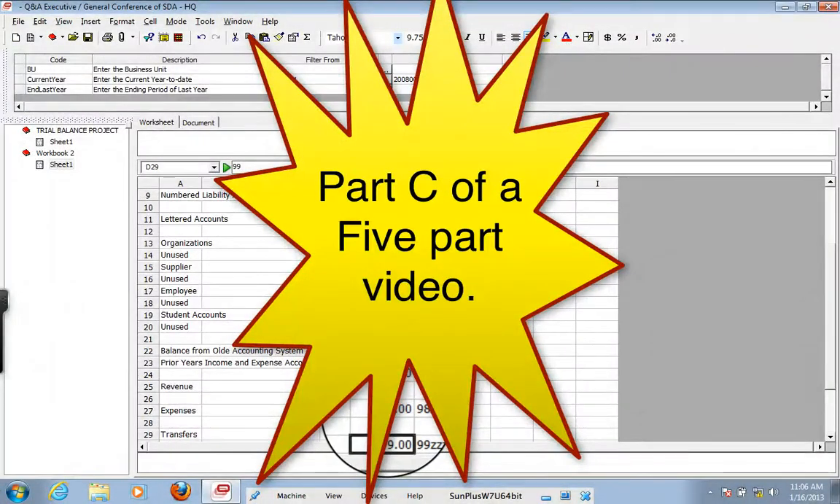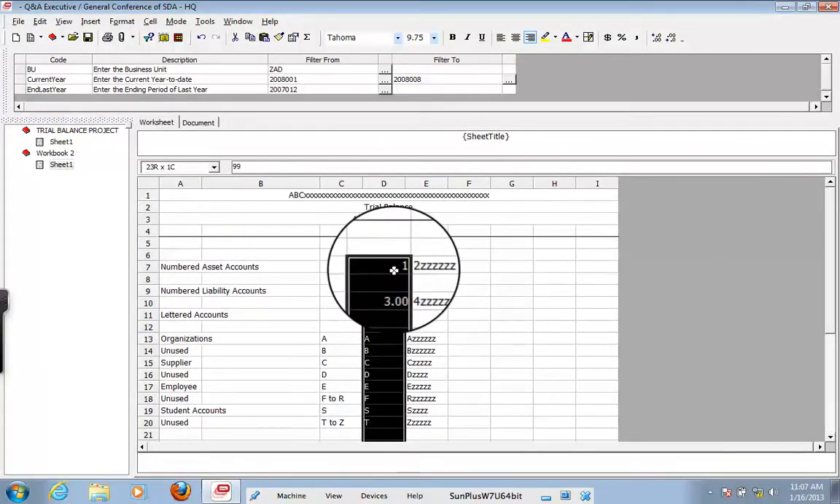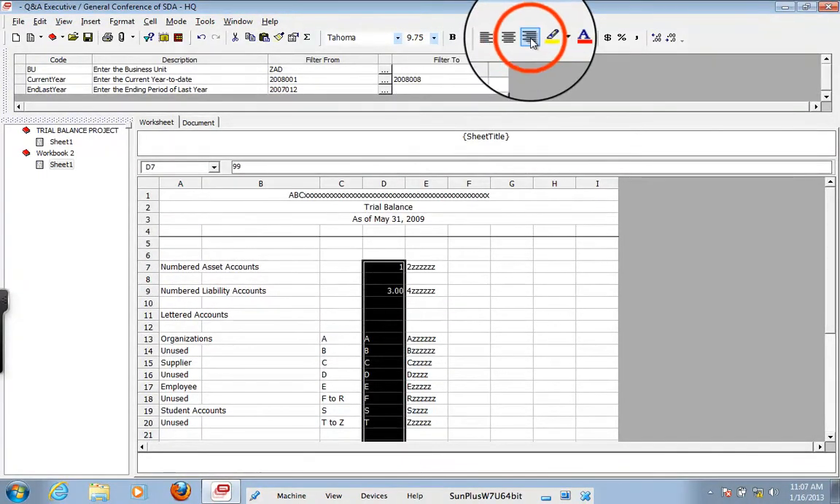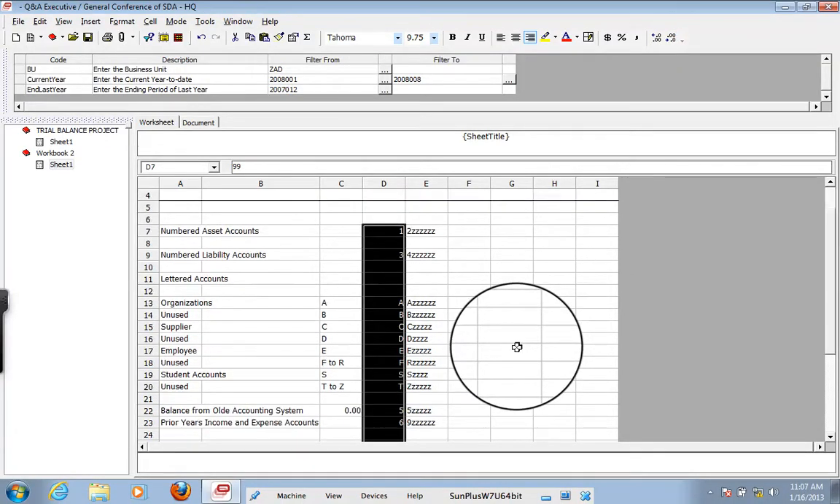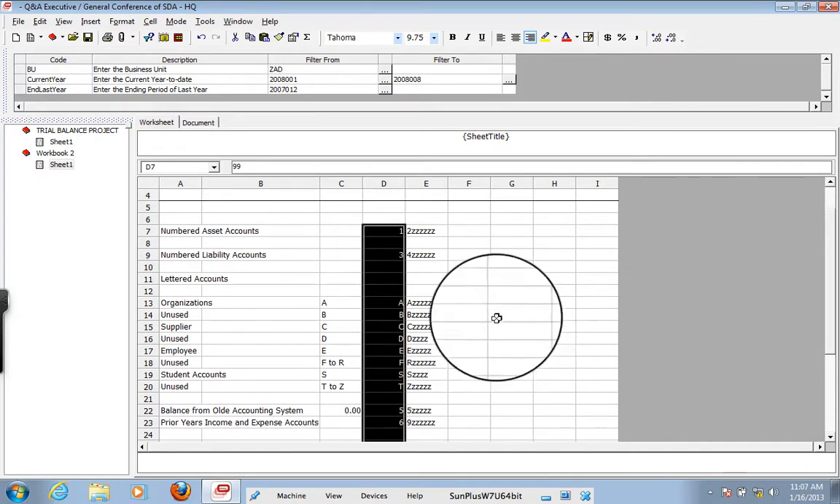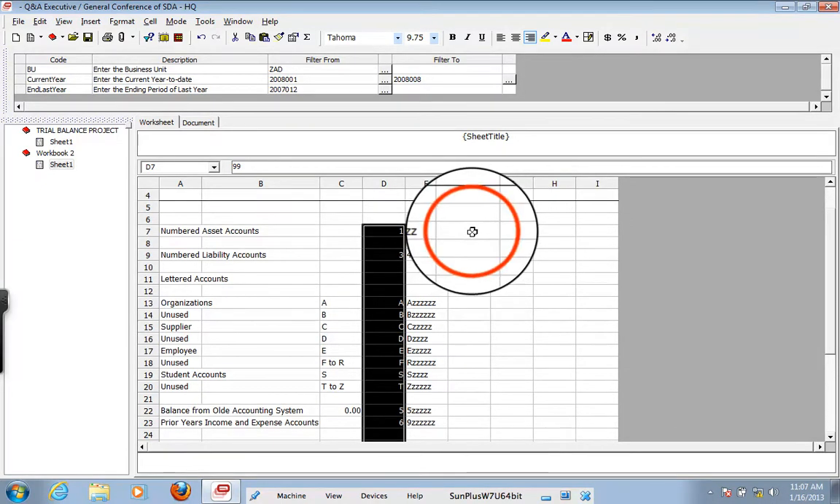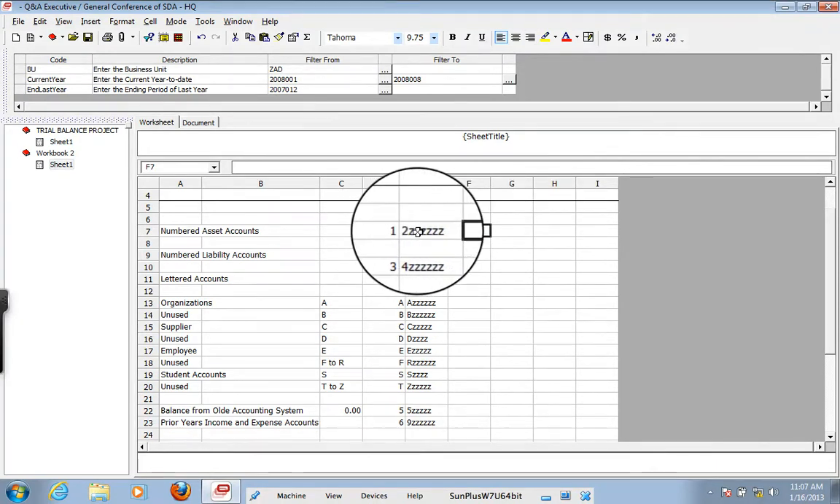So expenses run from 8 to 98ZZZ and transfers from 99 to 99ZZZ. Okay, and to get this formatting right, so like I like it, I'm going to go up here and write format, write justify, and reduce all the decimal places out. Okay, cool. Alright, so now we are going to write a query that picks up these account ranges for